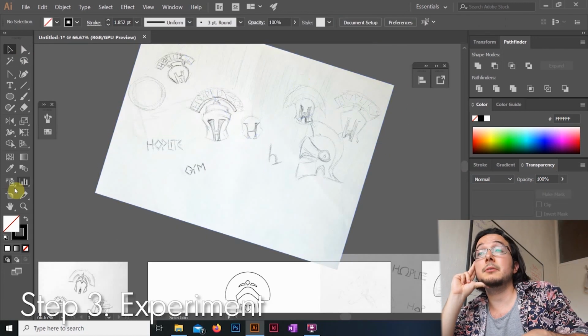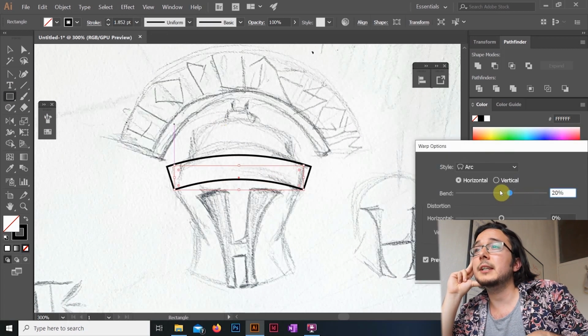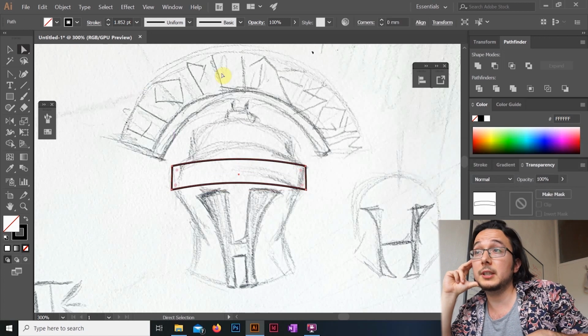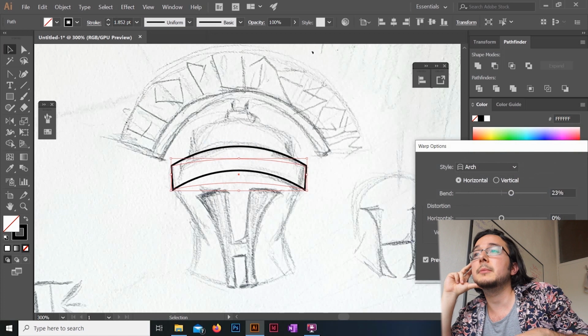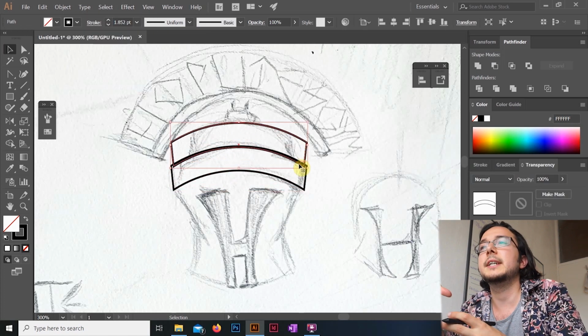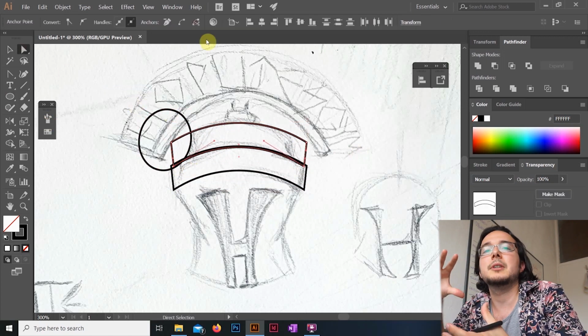Now step 3 is to experiment digitally, just like we did on paper. Now that I have one shape that is almost there, I go out and start drawing over another sketch of mine that I did. I really like the first version's helmet shape, but I also wanted to take on board this idea of having these gym weights vertically soldered onto the helmet to get the upper part.